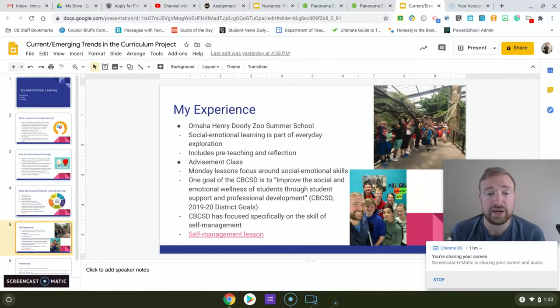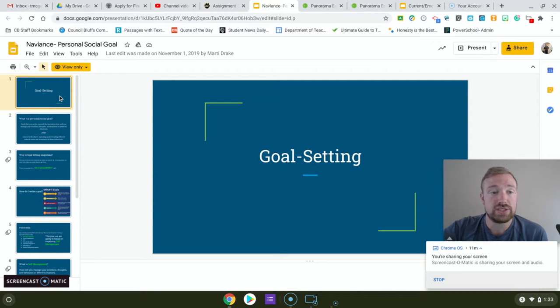So I wanted to share an example of one of the lessons that we had from just this last school year around self-management. What this looks like is goal setting. Of course, goal setting is a great thing that goes along with self-management and teaching kids how to manage themselves and their learning.